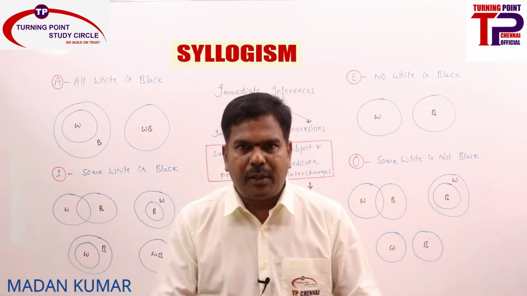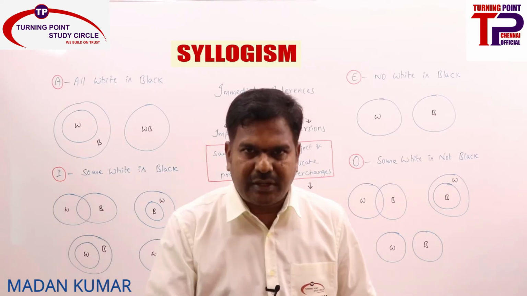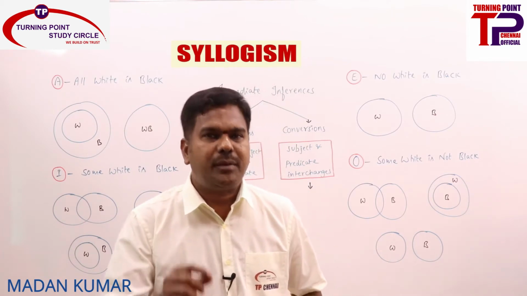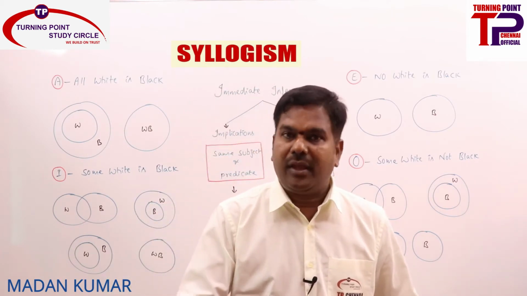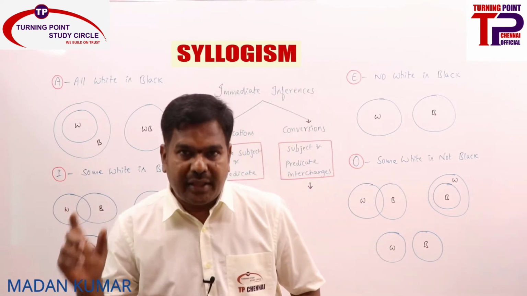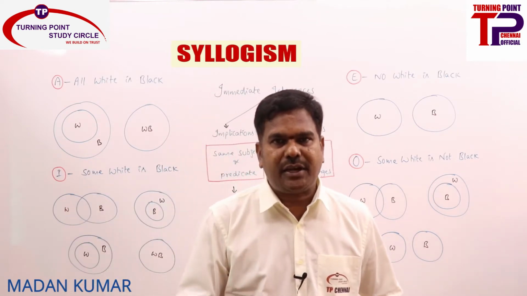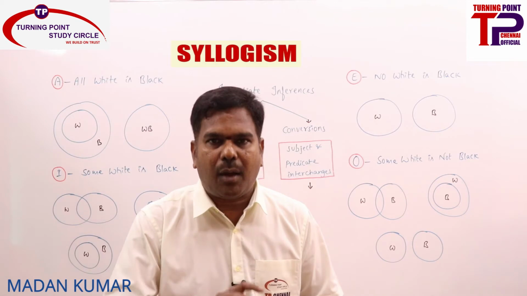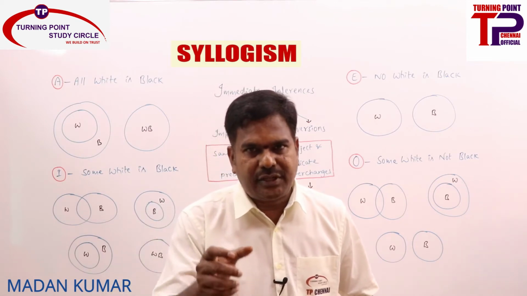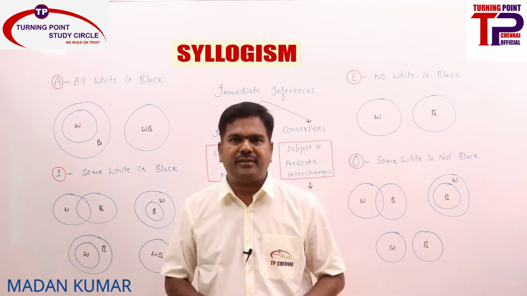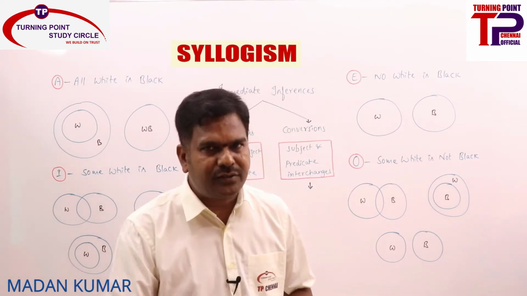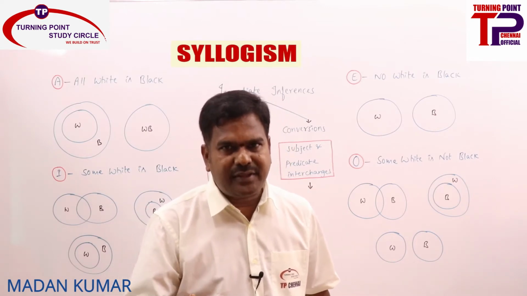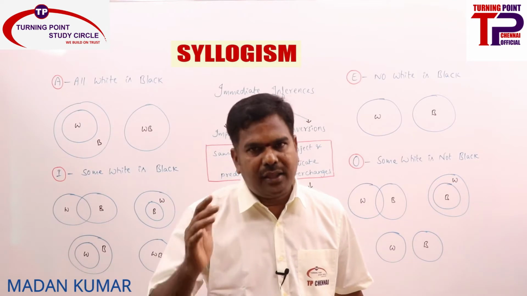Are you getting? So in solving the problems under the analytical method, the first and foremost rule is that the statements must be properly aligned. What is the meaning of proper alignment? There must be a common term. In addition to that, the common term must be the predicate of the first statement and the subject of the second statement, and it will be eliminated in the final conclusion. So you won't see the common term in the final conclusion. The subject of the first statement is the subject and the predicate of the last statement is the predicate, based on 6 rules. What are all those 6 rules? A plus A, A plus E, I plus A, I plus E, E plus A, O star, E plus I, O star.